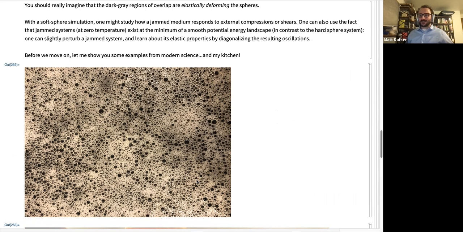The people who think about jammed systems also spend some time thinking about foams. We have a nice polydisperse population of spheres that are randomly, not really packed with one another. You can actually get foams to jam, but my understanding is that it's the drier foams that jam, because they have more restoring force when you deform them. So this is definitely not going to have a lot of restoring force. But anyway, nice application of this.